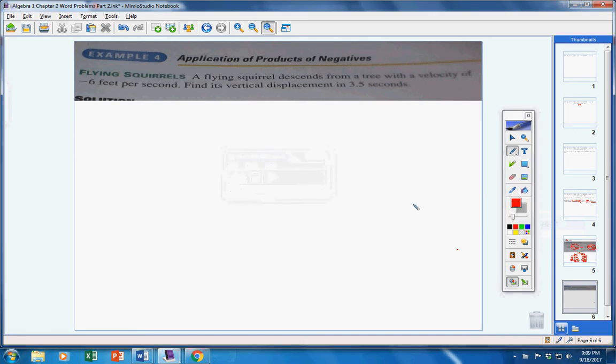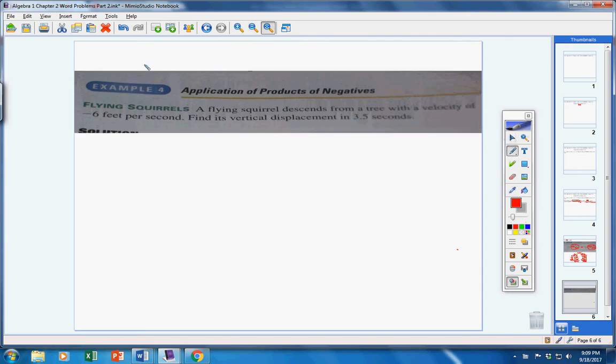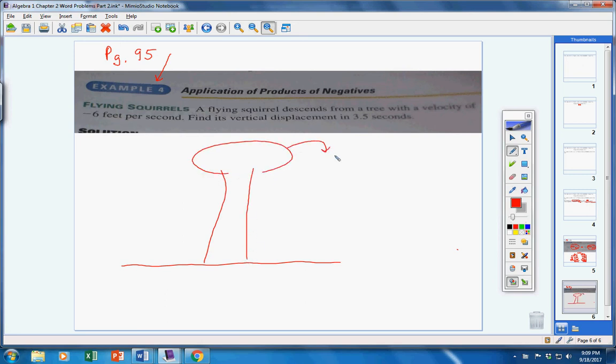Okay, students, the page number is page 95. So in your notes, I would write page 95, example number 4. You're welcome to write this problem down in your notes, but you don't have to. Here we go. A flying squirrel descends from a tree. So here's the ground. Here's the tree. Here's the squirrel coming out. It's going downward with a velocity of